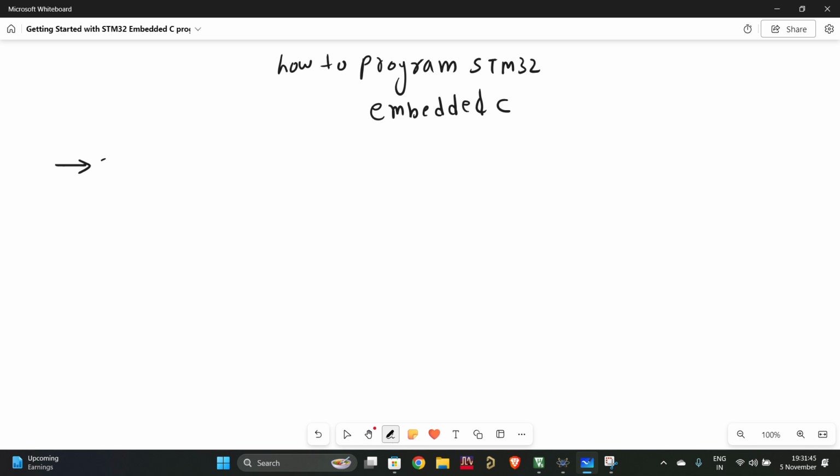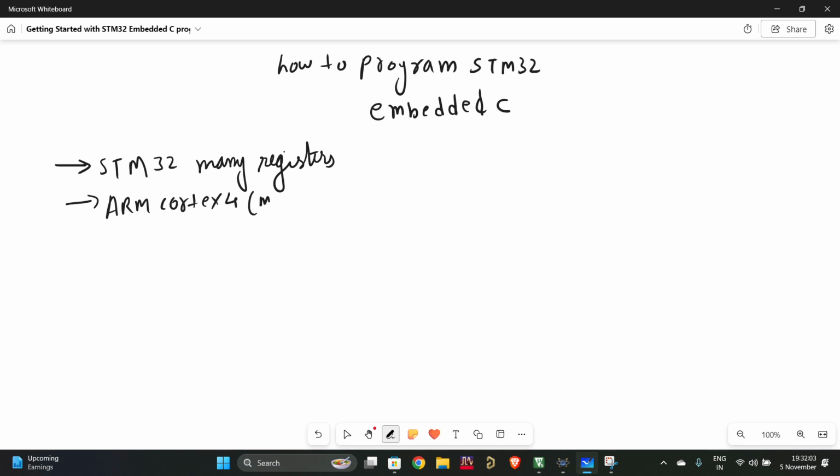To start off with, there are three major points. First thing is STM32 has many registers, and second thing is it is an ARM Cortex M4 microcontroller. So in order to program this, you have to configure many registers. So in the course of programming this STM32 using embedded C, we will be using